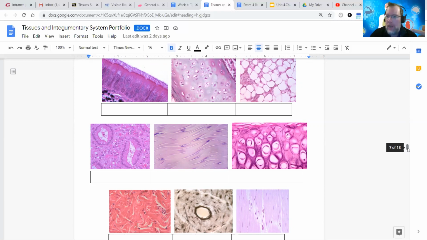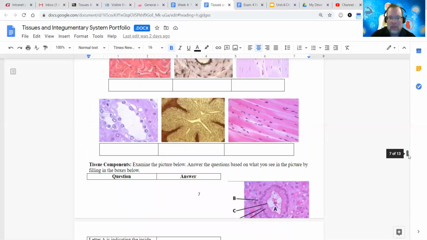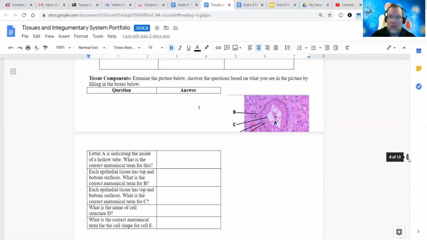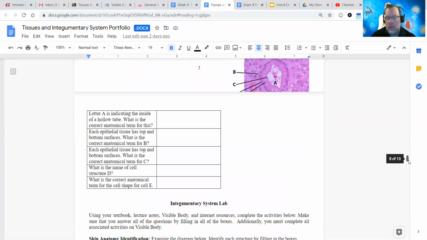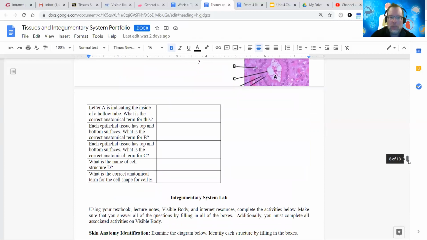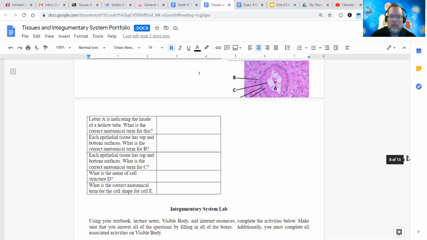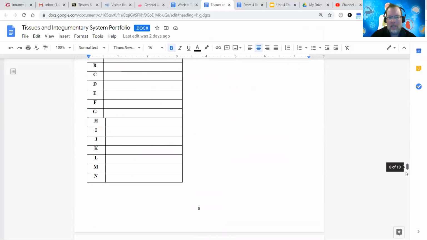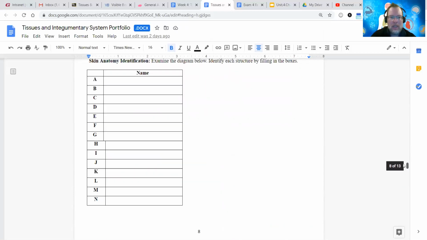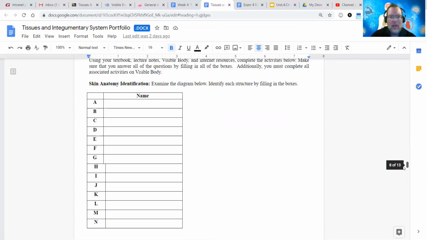So please make note of which ones of these you have questions on next Tuesday. But I do want you to make a good solid attempt. I think you'll, like I say, in your slides and as well as OpenStax and Visible Body combined with even just using Google Images, you'll be able to identify those. So anyhow, there's a few parts that you need to identify, and then it gets into the integumentary system and